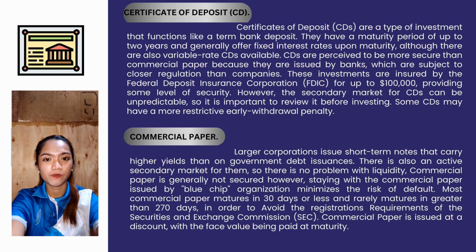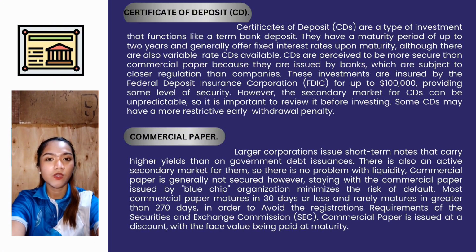Most commercial paper matures in 30 days or less and rarely matures in greater than 270 days in order to avoid the registration requirements of the Securities and Exchange Commission (SEC). Commercial paper is issued at a discount, with the face value being paid at maturity. Commercial paper provides flexibility for companies that require short-term funding and offers a relatively low-cost borrowing option compared to traditional